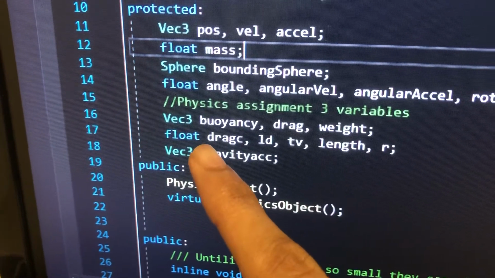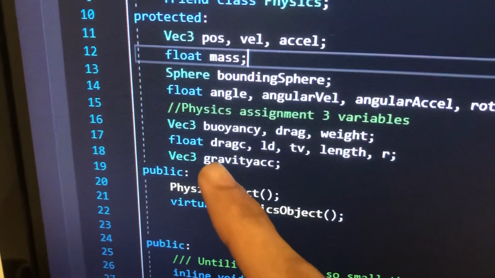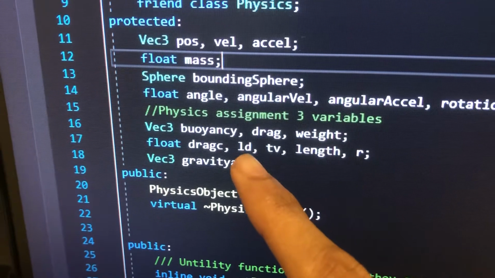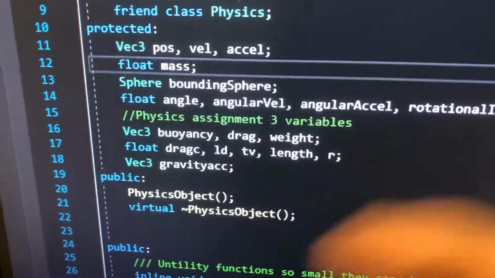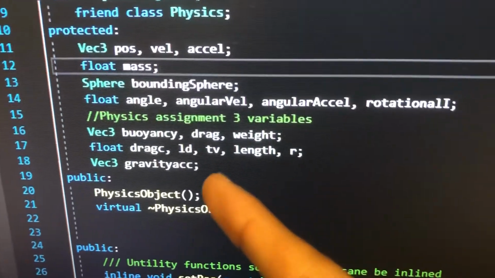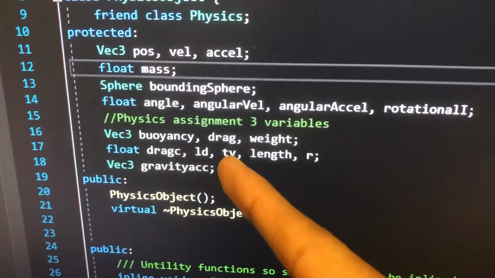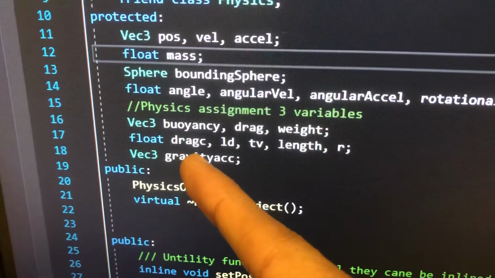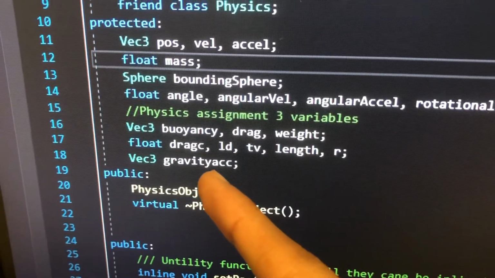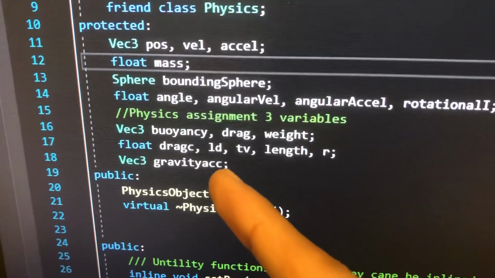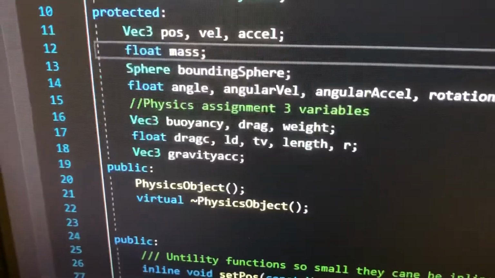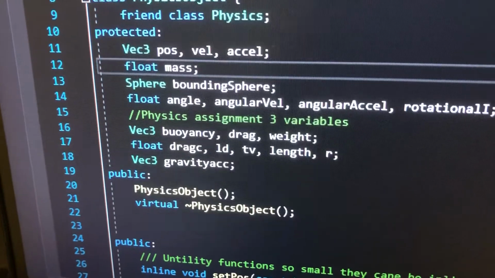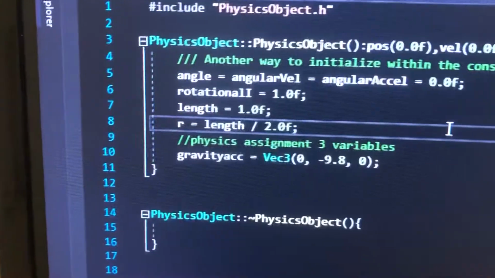We also got some float variables for drag coefficient, length, total volume, radius, and we got a vector variable for gravity acceleration. But what does the LD mean? Hold on. I forgot. So I set them all up in